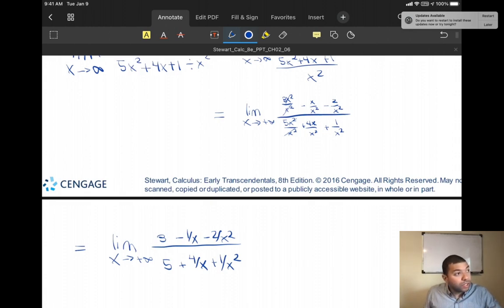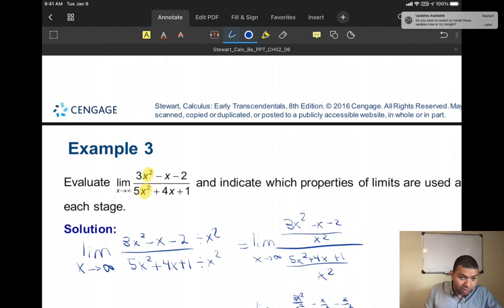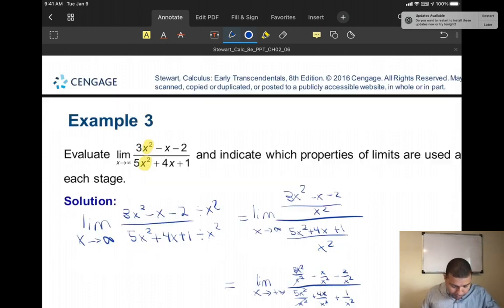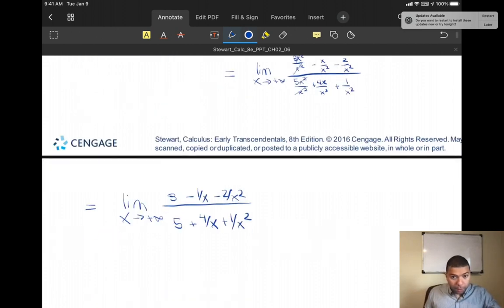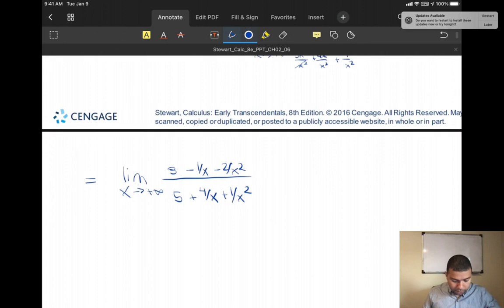If for some reason the two exponents are different, like it's not x squared and x squared, it's like x cubed and x squared, you can either choose the smaller of the two, like divide both by x squared, or choose the larger of the two, divide both by x cubed. It's your choice. I prefer the larger one. It works better this way, but the most important thing is that you reach a point that's similar to this, where all you have are numbers, or 1 over x squared, or x cubed, whatever,